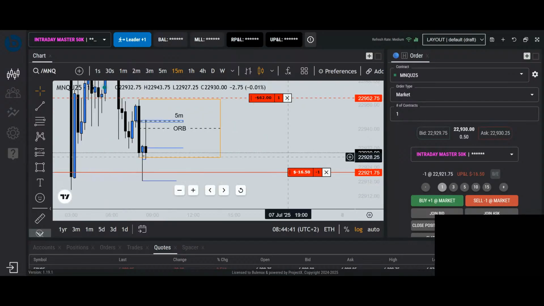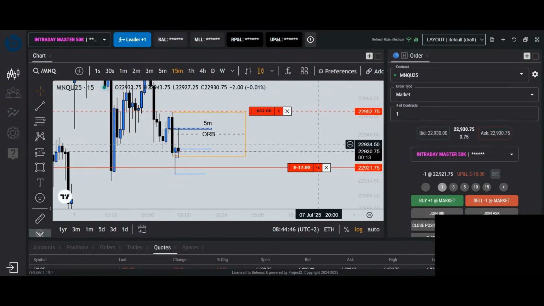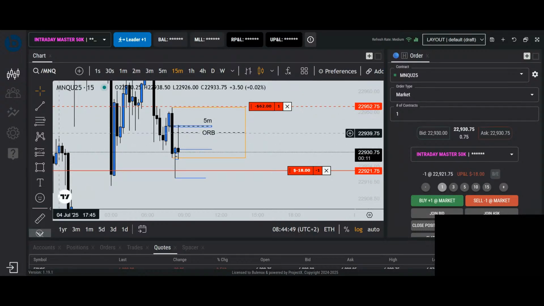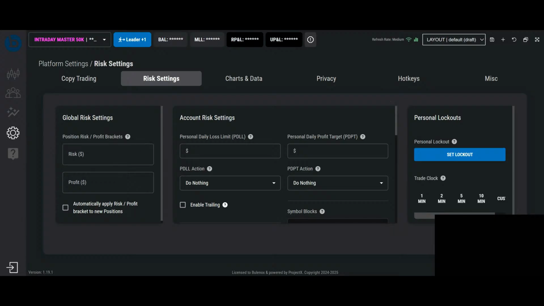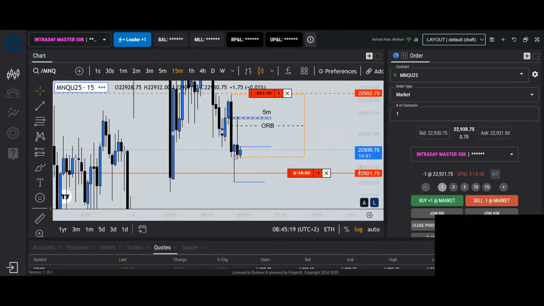If you don't know it yet, write it down. I would say right now, you have a piece of paper beside you, write down how much you maximum want to give to the market. And to start with, to make sure that you can actually keep your promises to yourself, go to your risk settings, set how much profit and how much risk, and automatically apply. No, not that one. Here, daily PDLL limit. Put this one in and set liquidate and block, so that you actually make sure that you keep to your own promises.